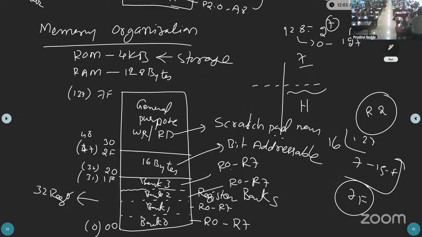The 80 bytes, not bits, 80 bytes are used for general purpose. That is the scratch pad, for the reading and writing operations. This is the memory organization of